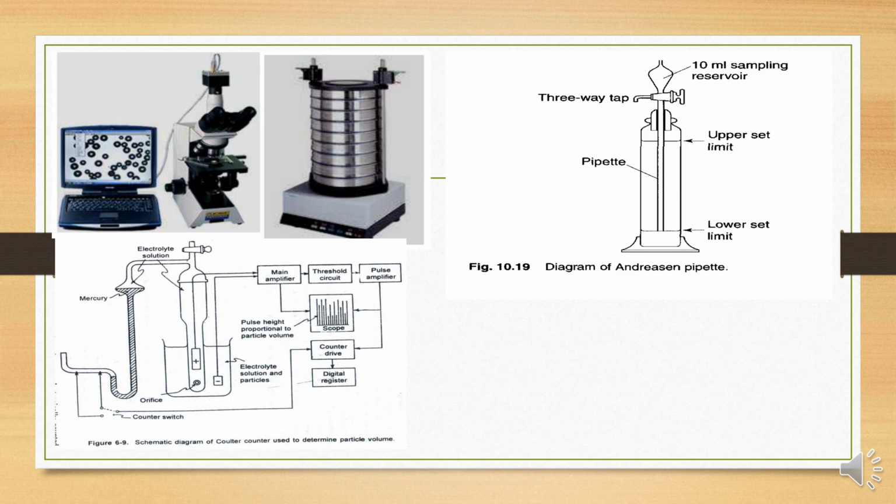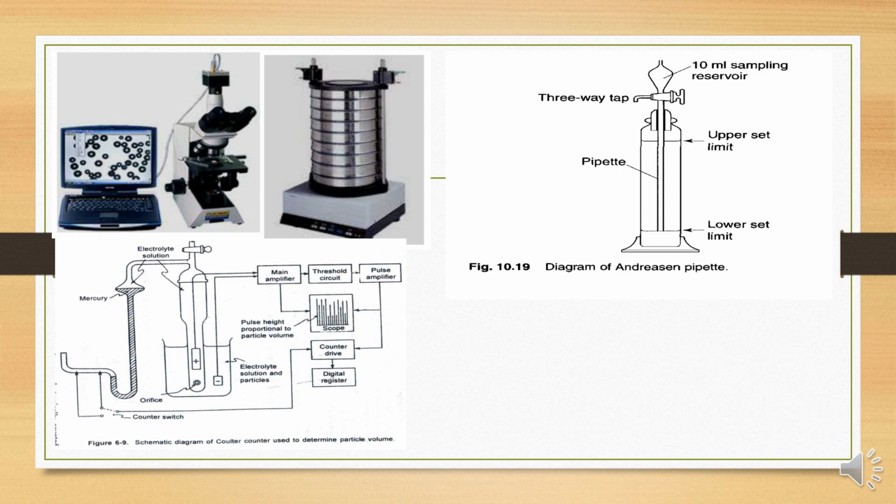That is, it usually consists of what? A 550 ml cylindrical vessel containing a 10 ml pipette sealed to a stopper. First we are supposed to prepare a 1 or 2% suspension in a suitable medium, and we are adding a deflocculating agent to get uniform dispersion. After that we place the stopper, shake the vessel, and then remove the stopper,